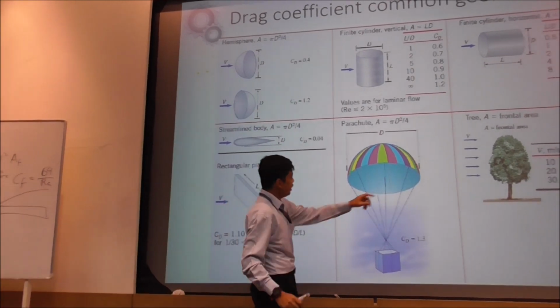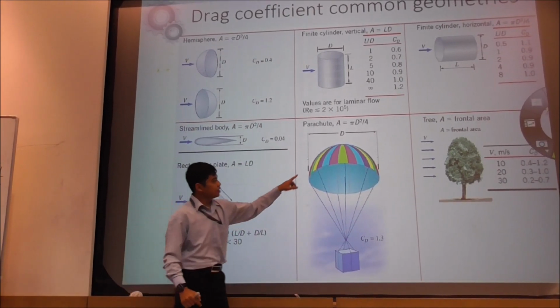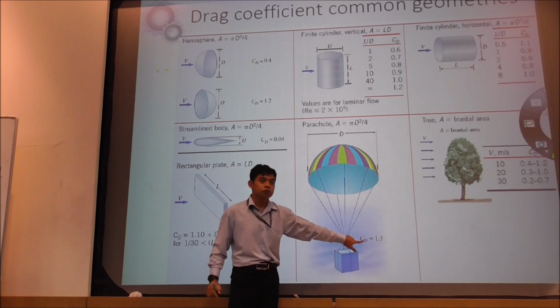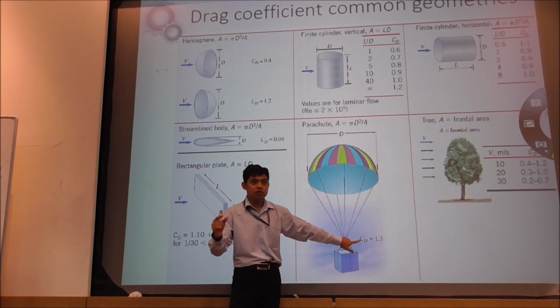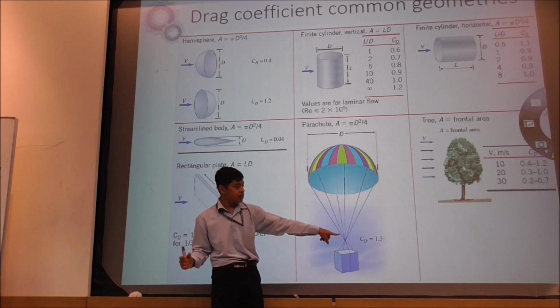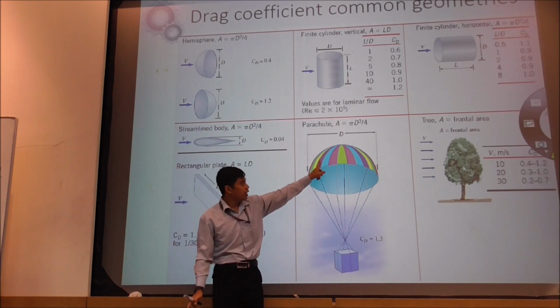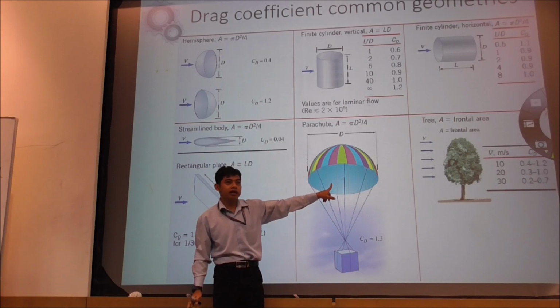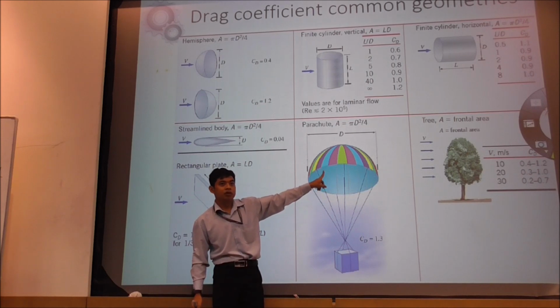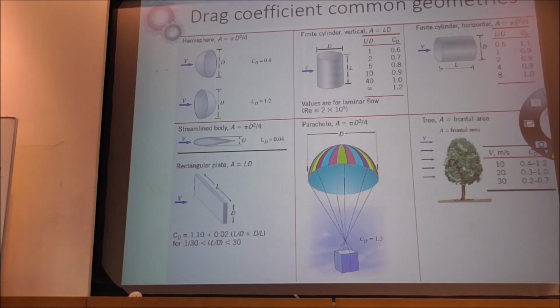Then for tree and parachute, we also have this kind of thing. For this parachute, of course, you want the CD to be not so big, but not too small also. Because for the parachute, if it is too big, you will fly there forever. If it is too small, you need to prepare your feet to handle the impact. So it has to be balanced, right? You do not want it to be big or